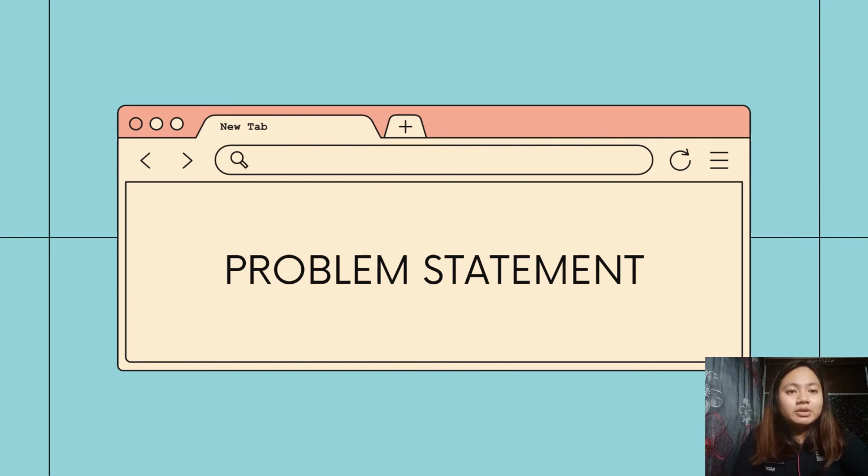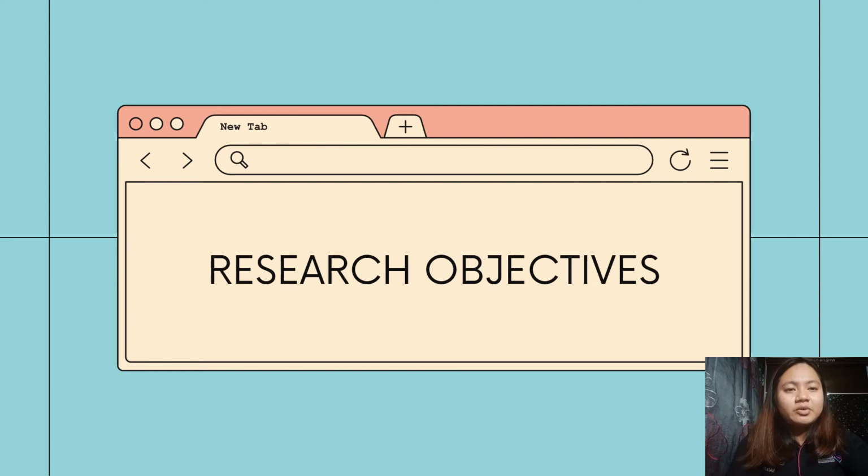Moving on to the problem statement of this study. Students tend to read in a low voice or whispering when they experience difficulties pronouncing some words, which results in unclear pronunciation. The aim of this research is to study the effect of the read aloud technique in improving pronunciation. Besides, this research is conducted to investigate the learners' views regarding the reading aloud task for the learning of pronunciation.